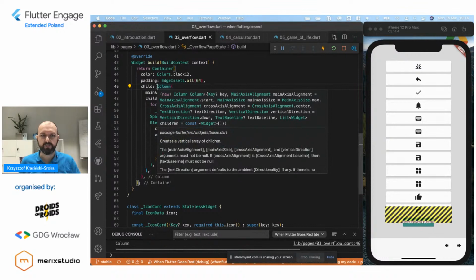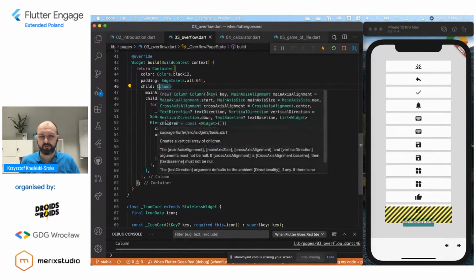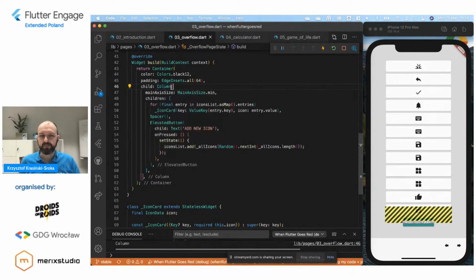It goes to the same exact widget that is responsible for this problem. In this case, we can actually pinpoint, oh, this is a column, and this column causes this. It's not a container, it's probably not as low as this elevated button that gets hidden, and it's not the icon card, but it's a column rendering that fails here.